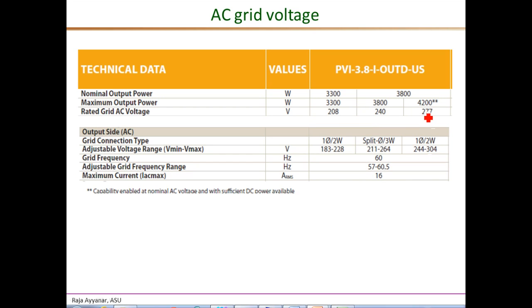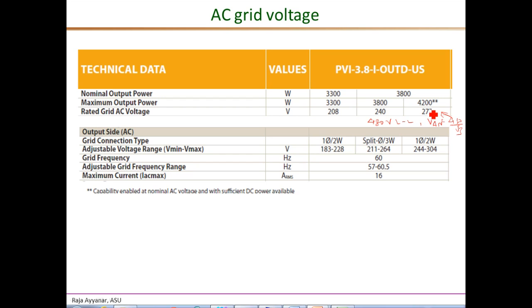Similarly, this product can also be interfaced at the 277 volts voltage level. This corresponds to the line to neutral voltage of a 480 volts three-phase system. So 480 volts is the line to line. Therefore, the V, say phase A to neutral, would be 480 over square root 3, and that is this 277